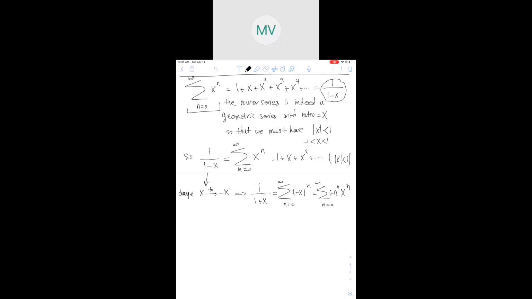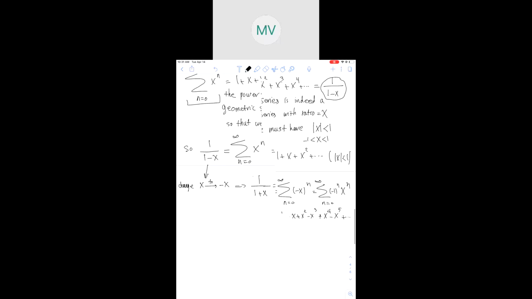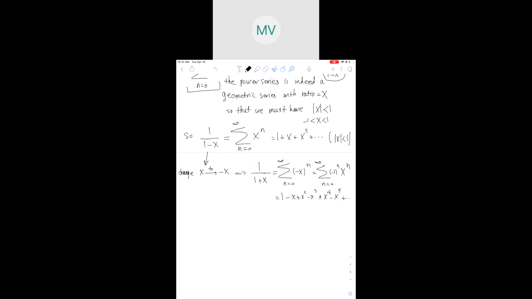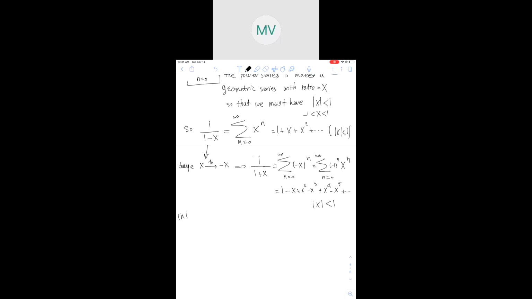In fact, it's an alternating series, right? Terms are 1 minus x, plus x squared minus x cubed, plus x to the fourth minus x to the fifth, and so on. So this one is the power series for 1 over 1 plus x. The condition is the same: absolute value of x should be strictly less than 1. Integrate. What's the integration of 1 over 1 plus x? It has something to do with natural log. So it's natural log of 1 plus x